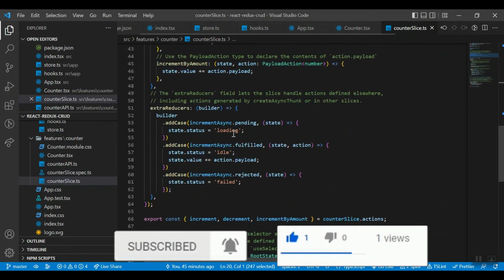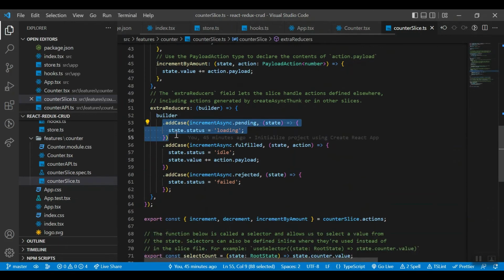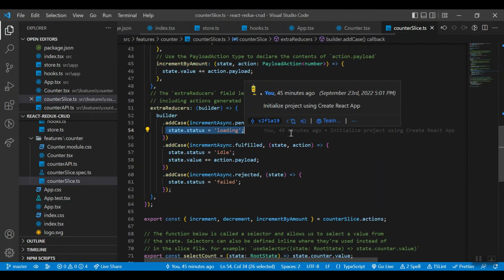At that time this action from the extraReducers will get called. So I can mention the status of the page as loading, and I can show the loader on the page. Once that action is fulfilled and it returns some data, I will get